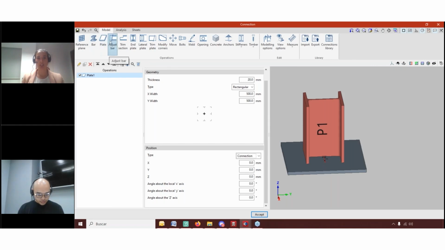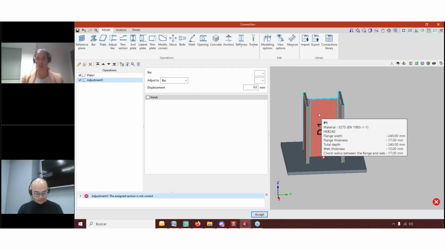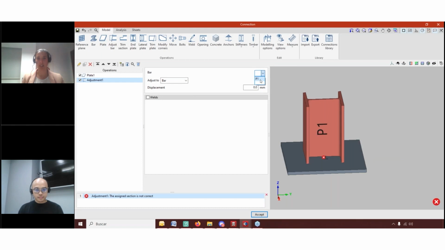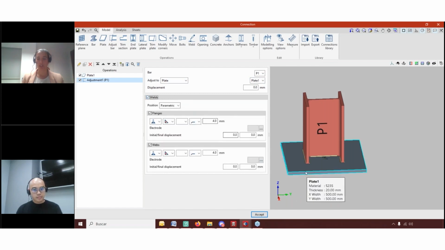So secondly, we're going to adjust this bar to the base plate. So for that, I just selected this adjust bar option, and we're going to adjust it to this plate number 1,